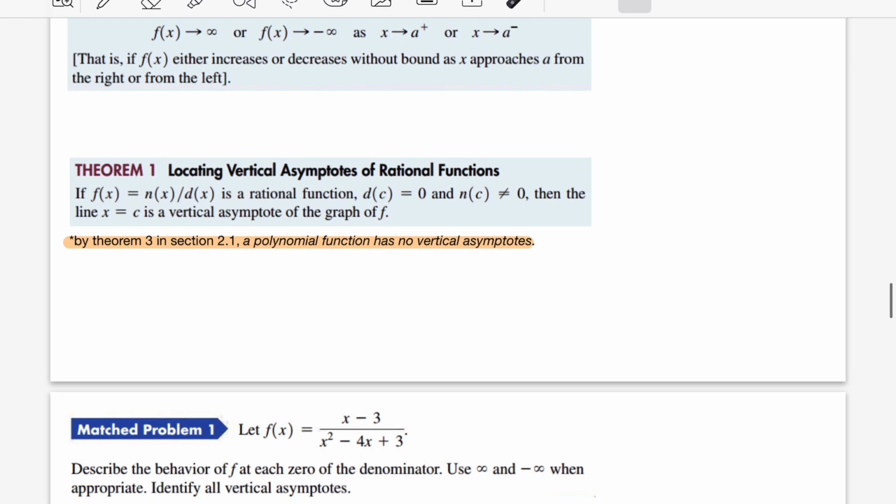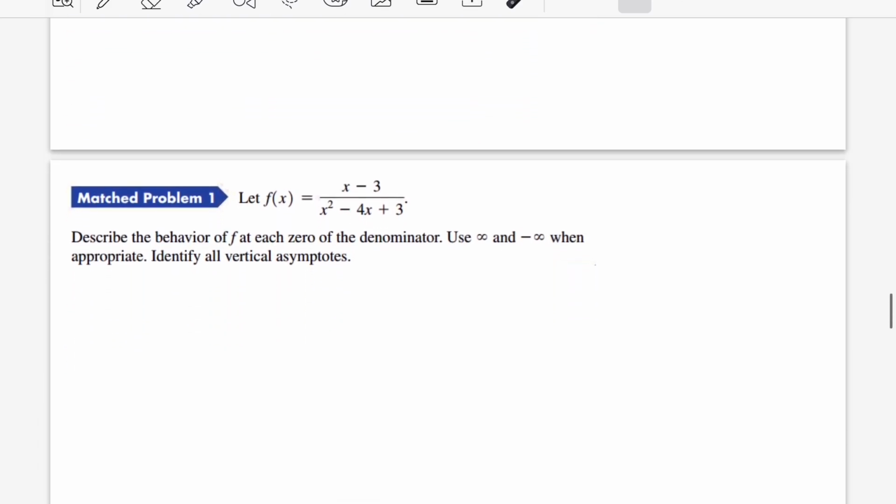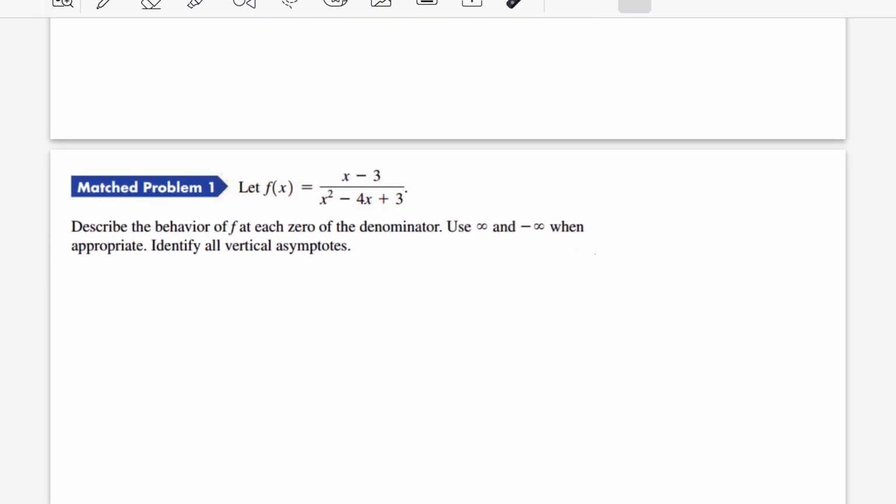All right, so let's look at an example. We're given this function here, f of x is equal to x minus 3 over x squared minus 4x plus 3. So we have a rational function here. And we want to describe the behavior of our function at each zero of the denominator. And we'll use our infinity and negative infinity notations here. And we also want to identify all the vertical asymptotes. So the first thing,